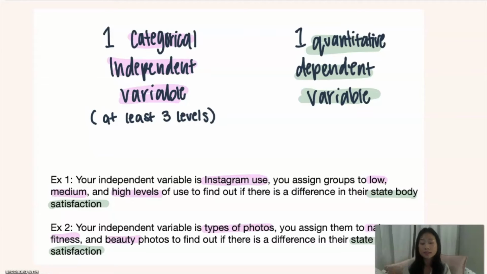Again, so let's look at an example. In this first one, your independent variable is Instagram use, and you assign groups to a low, medium, and high level of use to find out if there is a difference in their state body satisfaction. So their current body satisfaction in that particular moment. So the second example still uses the same dependent variable. However, we do switch up the independent variable in this example, and we assign them to a nature, fitness, and